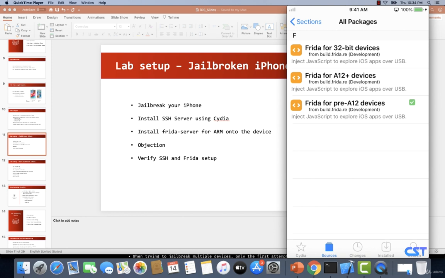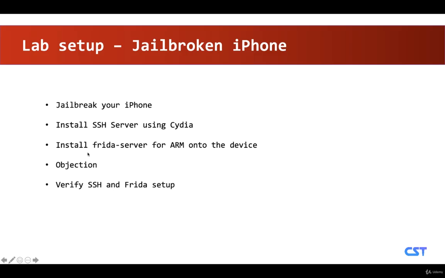Now, since we have Frida server on the device, we need to have Frida client on the laptop. Because it's a client server based setup, we need to install a client on the local machine. So let's switch to the terminal and install Frida. But before that, I would like to make another point that we also need to install Objection. Objection is another tool which is built on top of Frida, and it can be used to perform runtime manipulation